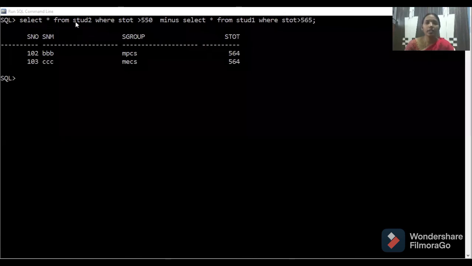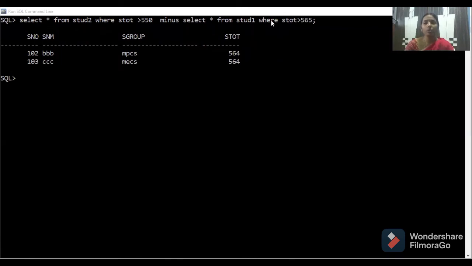So all these are the set operators. So here in the from table 1 and table 2, we can also write the where clause. Not only simple statements, you can apply set operators, and we can also apply the where condition. Here I have written a query: select star from student 2 where S total is greater than 550 minus select star from student 1 where S total is greater than 565.